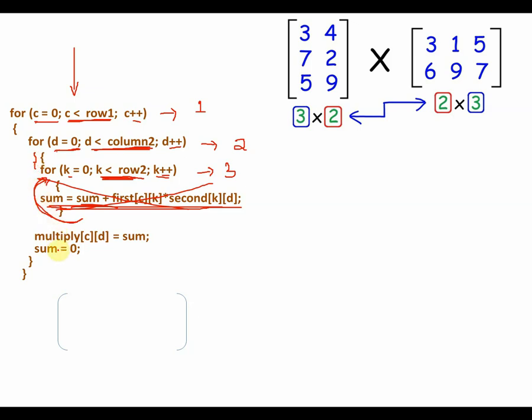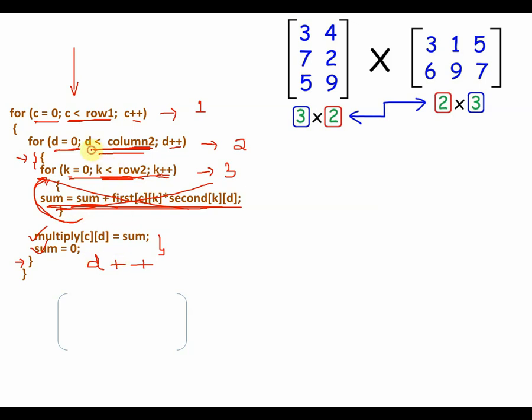Alright, so how would you exit? When you are exiting, these lines will get executed because they are just inside that D for loop. So the D for loop starts over here and ends over here. These two lines will get executed, and then while you are leaving this D for loop, D will get incremented to the next value, and then again you will check for this condition. If it is true, you will enter that D for loop once again and do all these things again. Then it will go on and on.